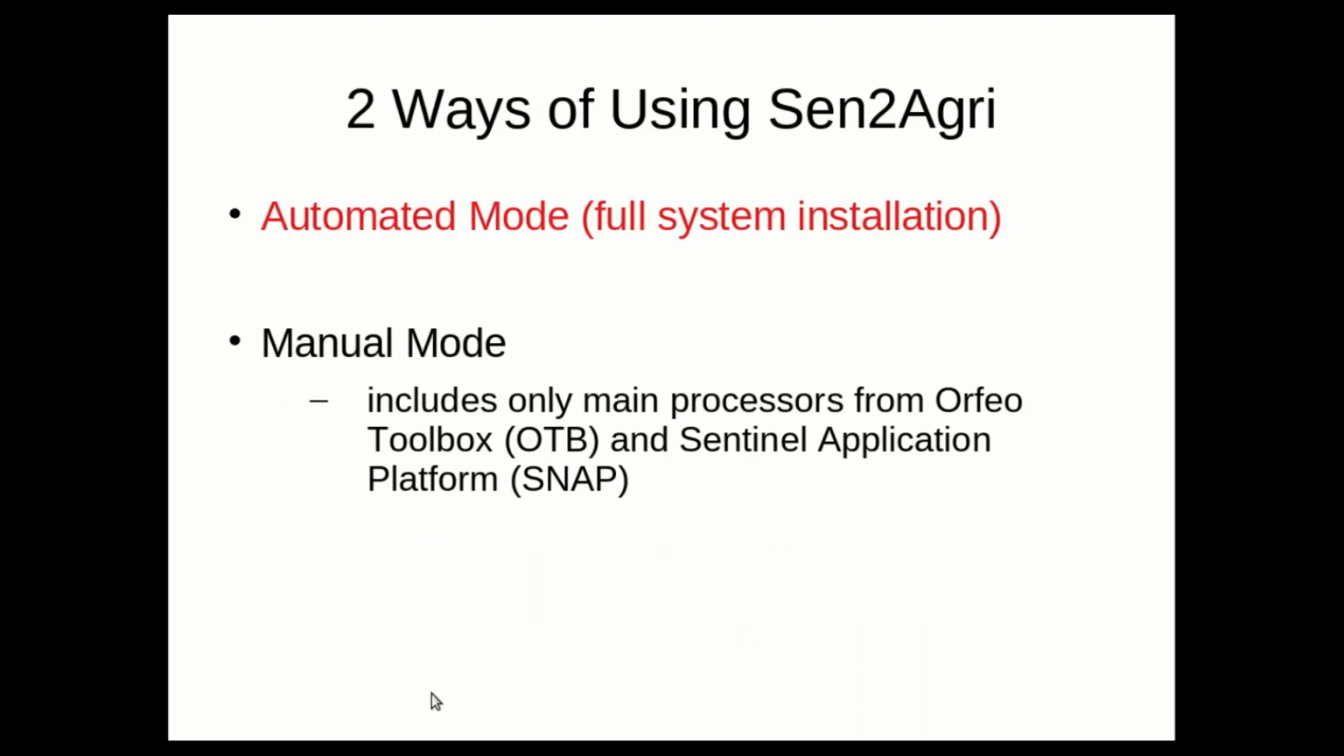So there are two ways of using the system. We have an automated mode, which requires the full system installation, and the manual mode. So it only includes the main processors or the major processors from Orfeo Toolbox, a free remote sensing software, and Sentinel application or SNAP, which is also funded by the